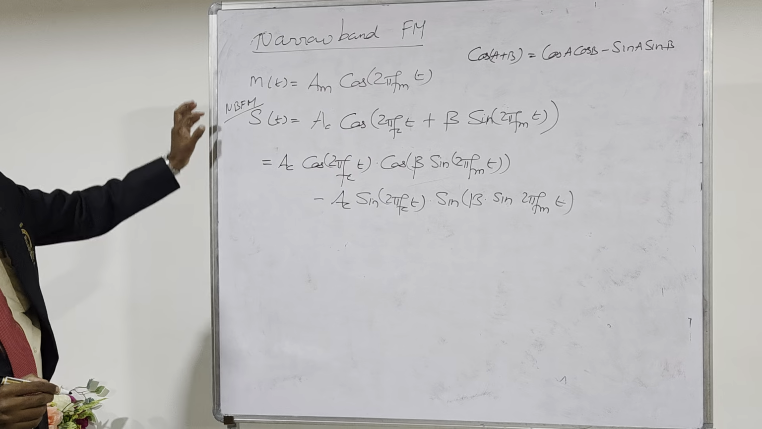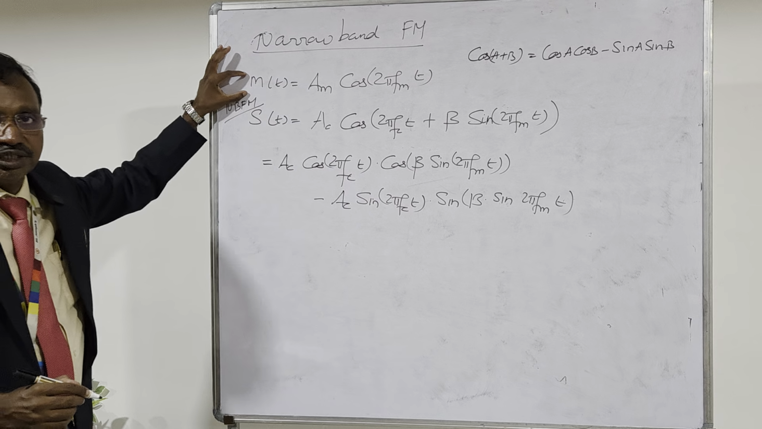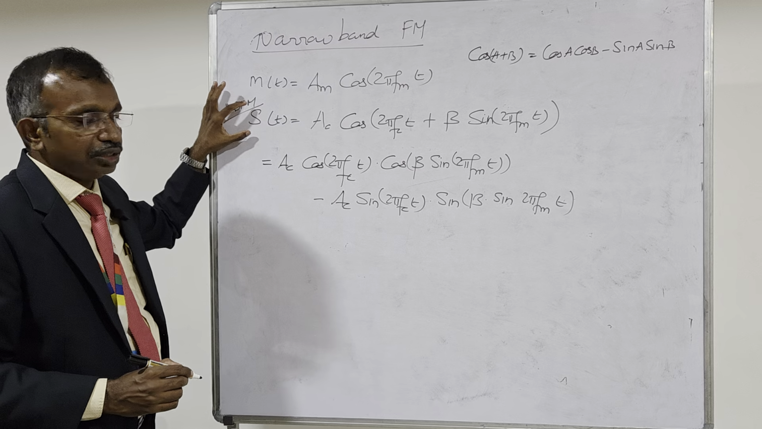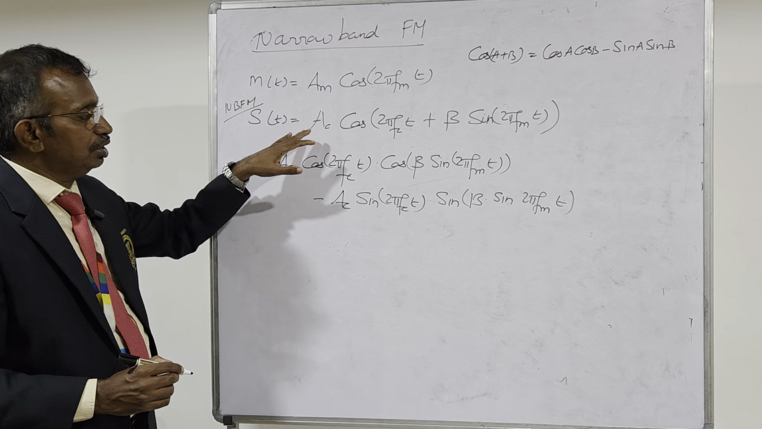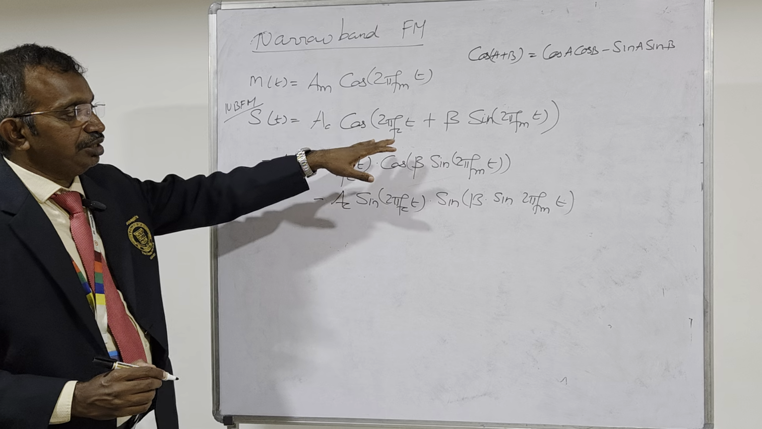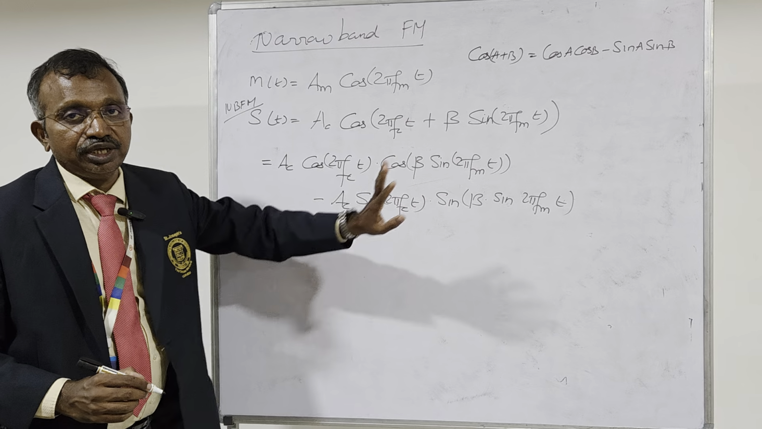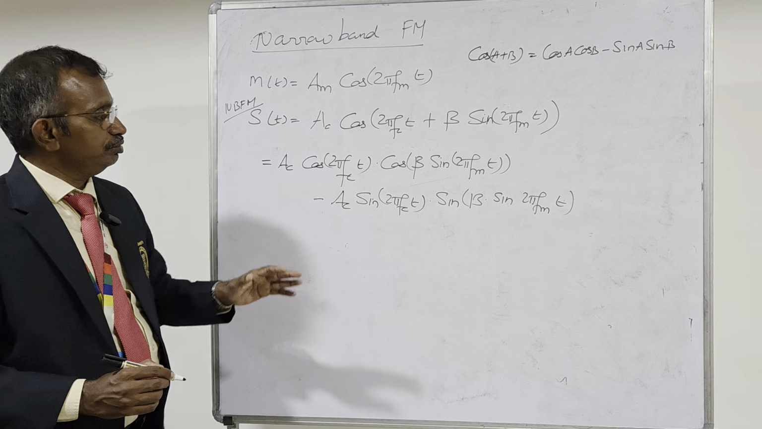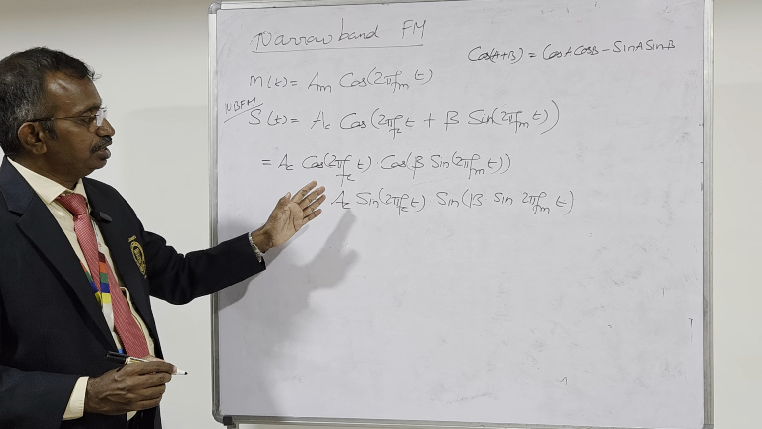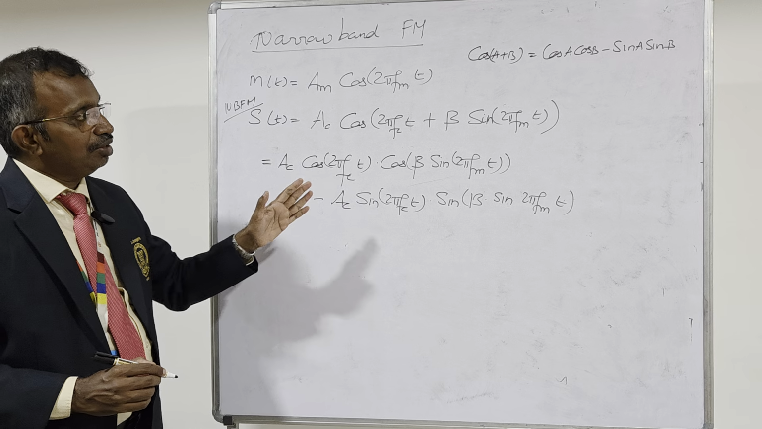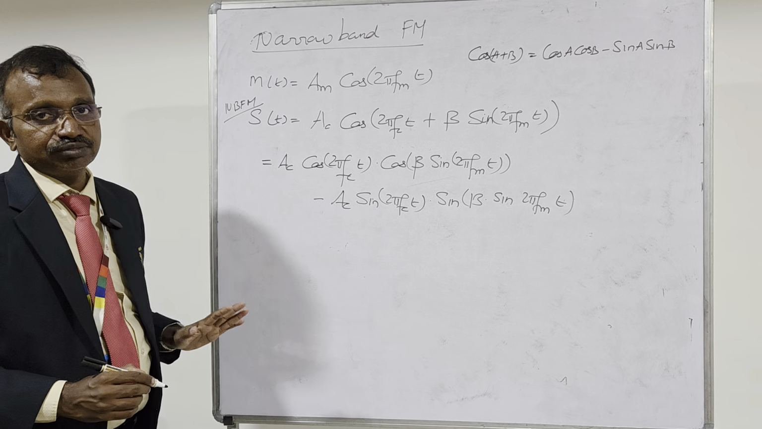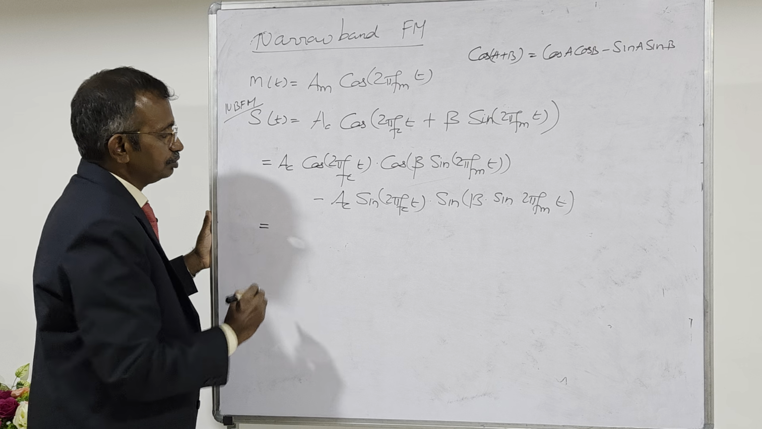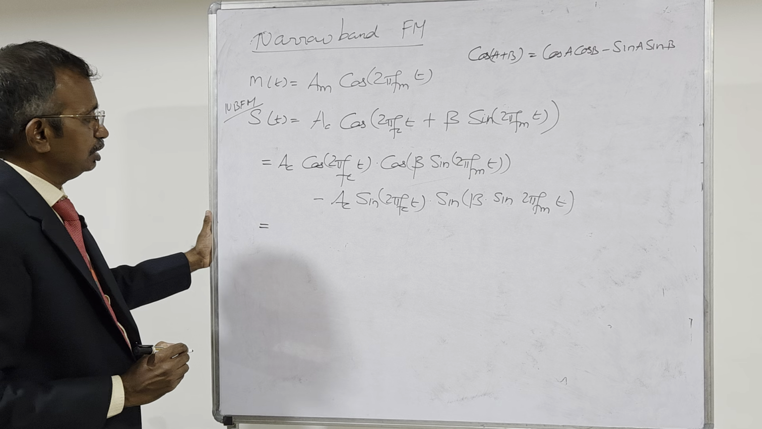So, I have taken the message signal as a single tone message signal. Then I have defined the equation for the FM signal as s(t) = Ac cos(2 pi fc t + beta sin 2 pi fm t). This is of the form cos(A+B), which can be written as cos A cos B minus sin A sin B. So, this can be written as Ac